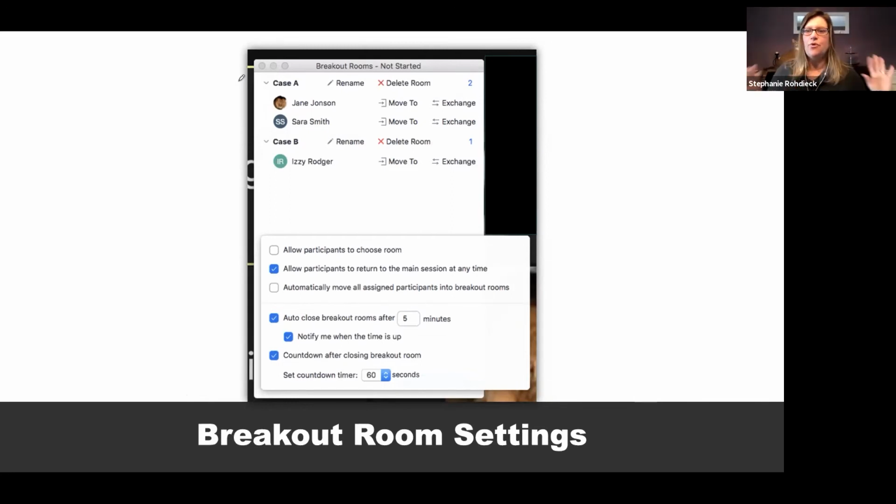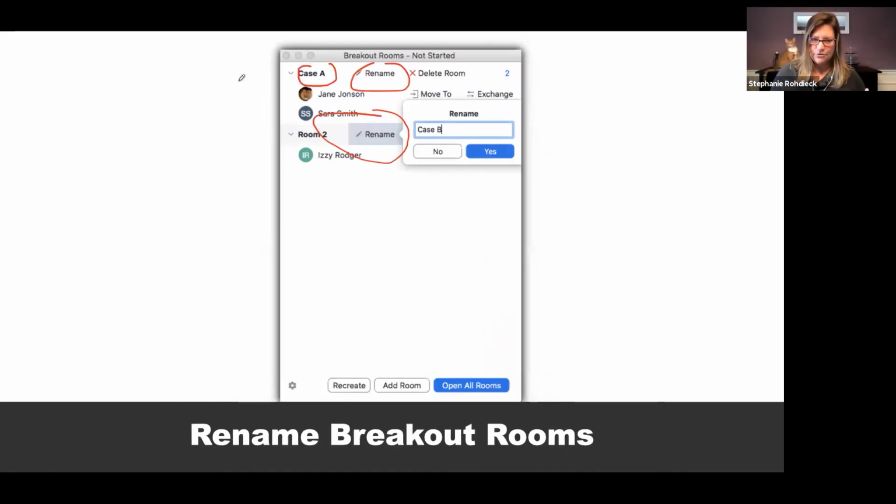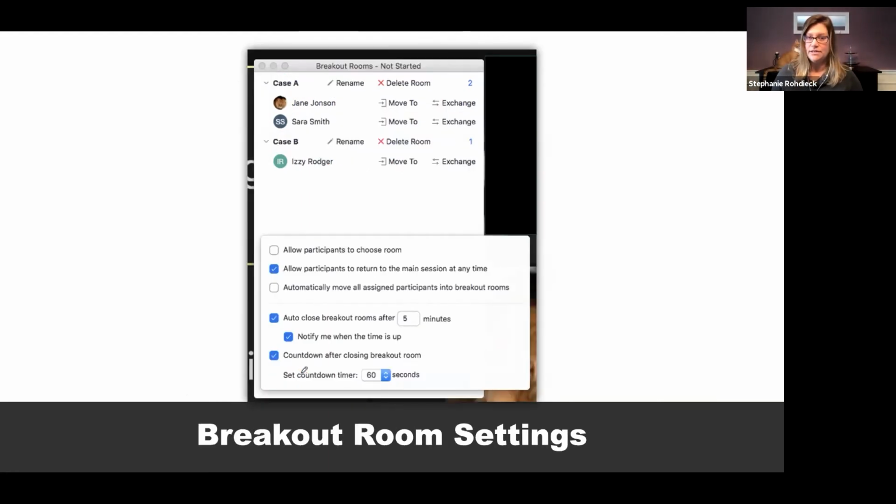All right. So then before you actually put them in the rooms, you have to do some stuff. What you'll probably want to do is make sure that you have set this up correctly. So do you see down here in this previous screen, there's the little gear or flower, I think it's gear. Down there, you will want to click on that before you start the breakout room, because there are some settings within the breakout rooms that you want to set up. Okay, so right here, there are some choices, right? This one in particular,